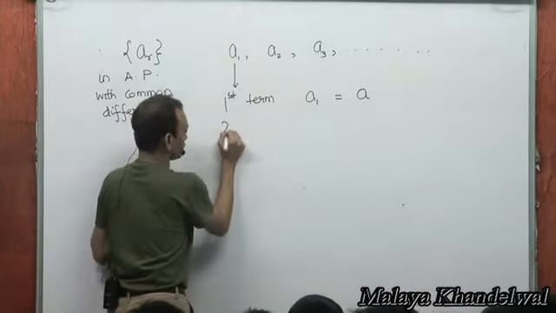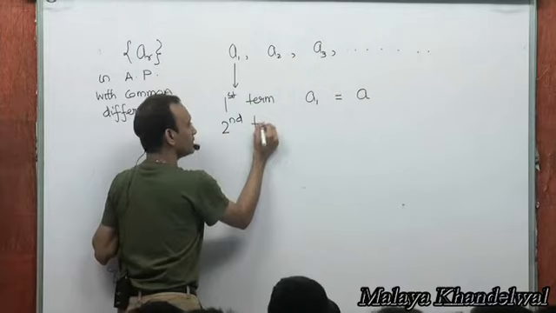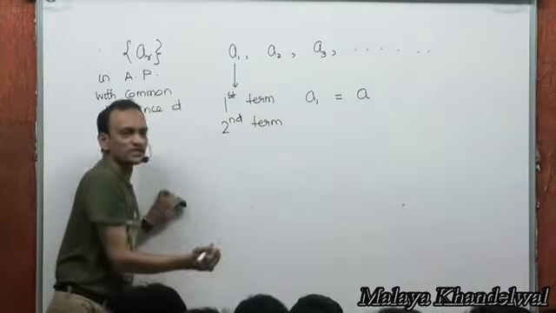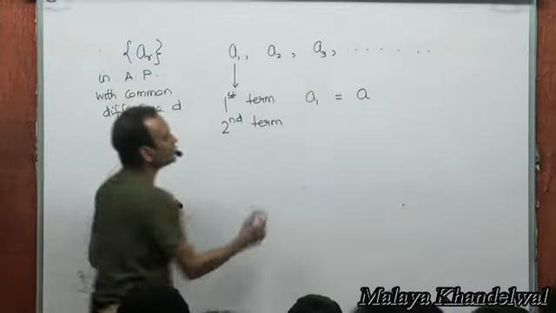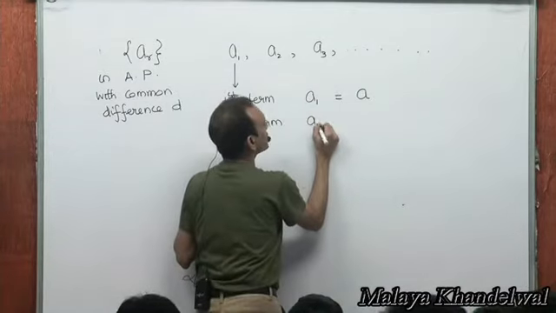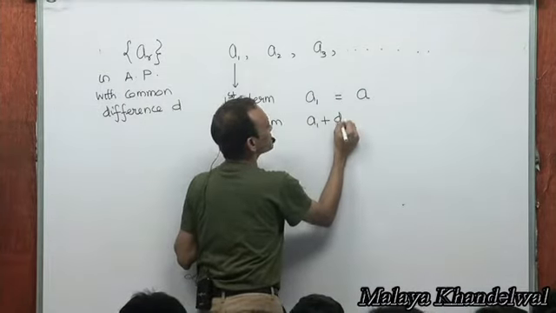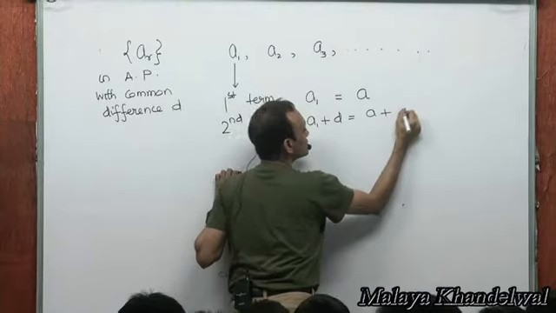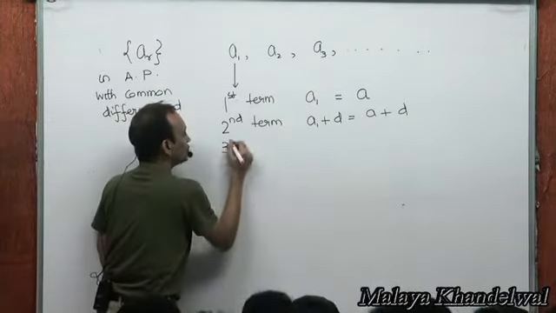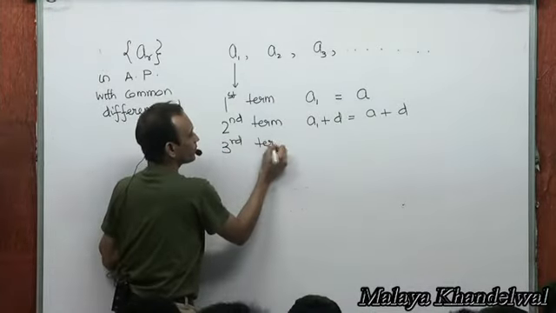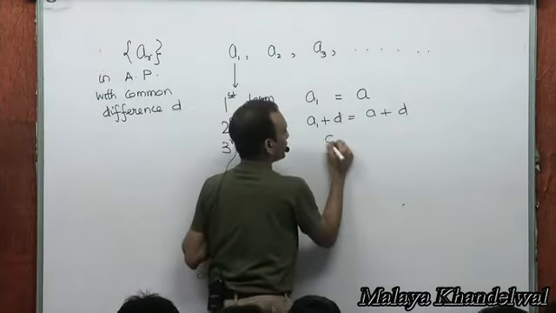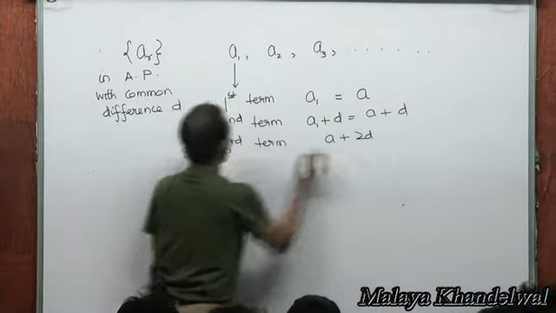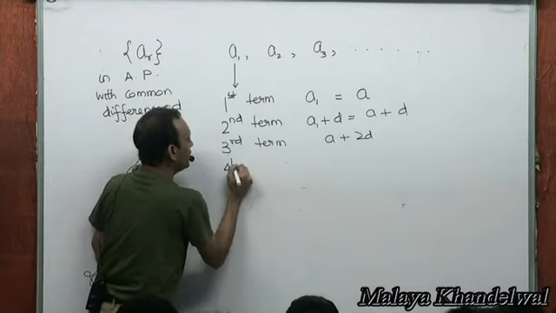Then, what would be the second term? You have to add D to the previous term. So, the second term would be A1 plus D, which is A plus D. The third term would be A plus 2D. Fourth term would be